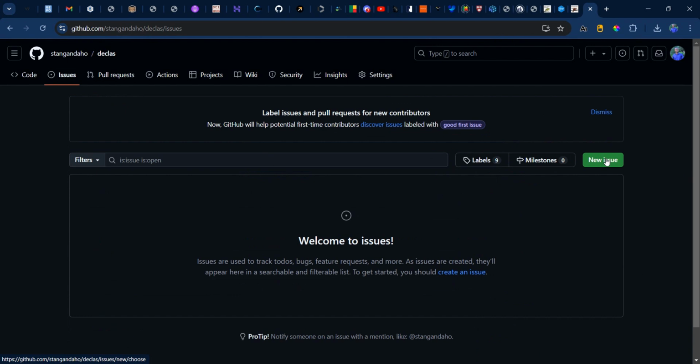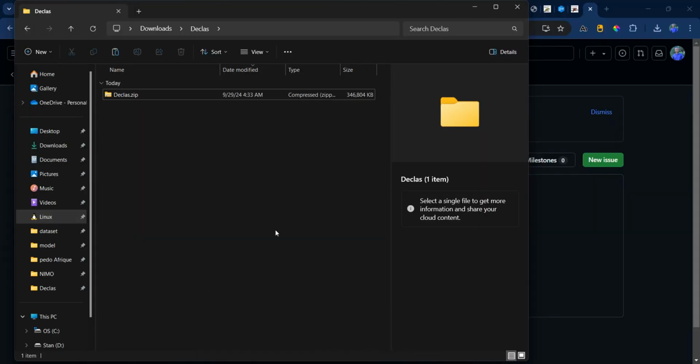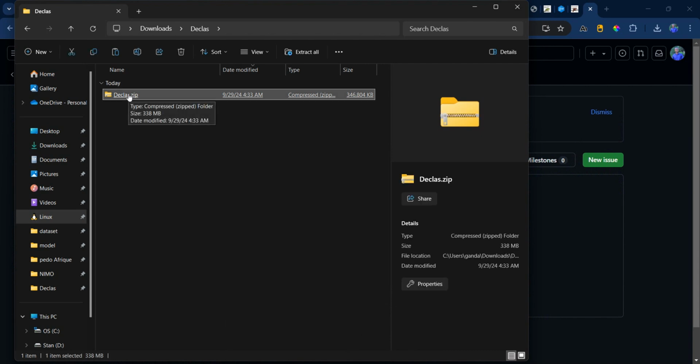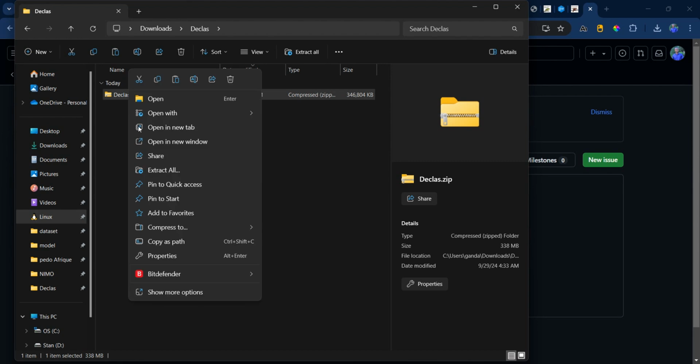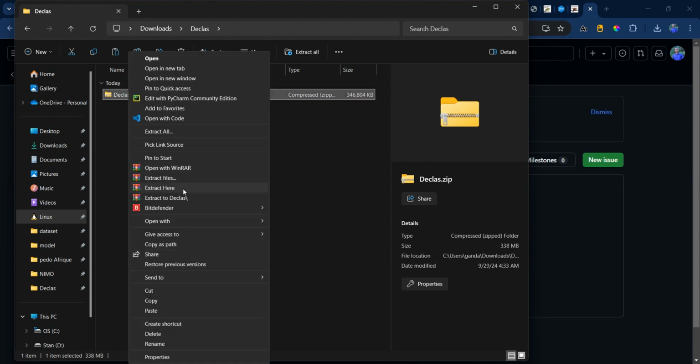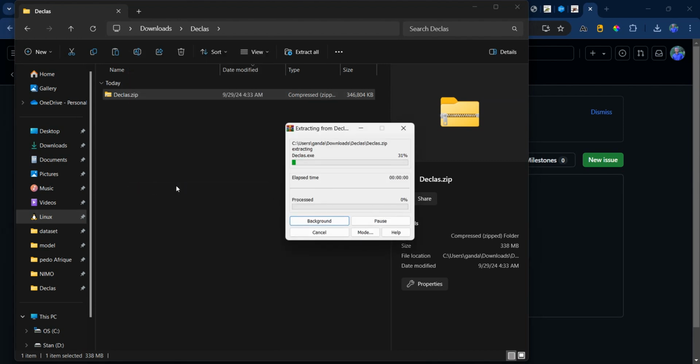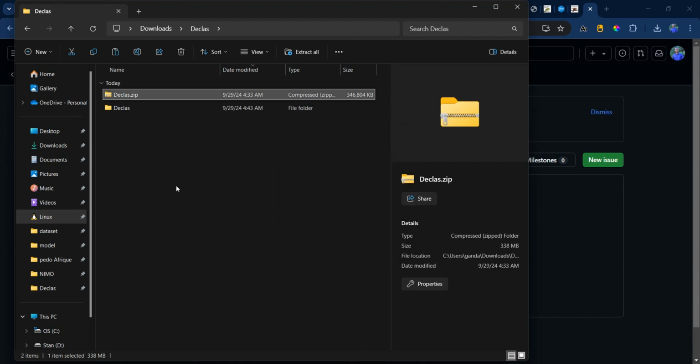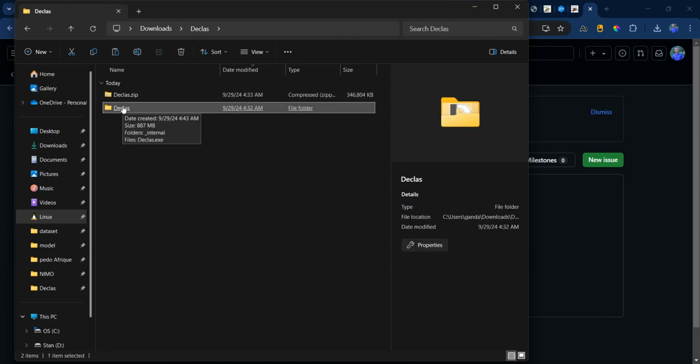I already have the zip file locally, so what we need to do is just to unzip this file. Here you can see I have the file already downloaded. So we just need to unzip this. Let's start here. Once the extraction is done, you can see this folder, DClass.